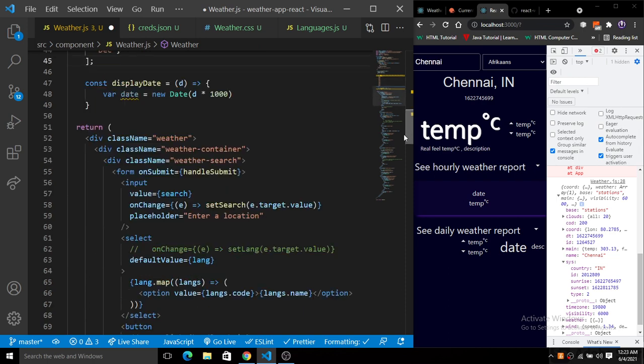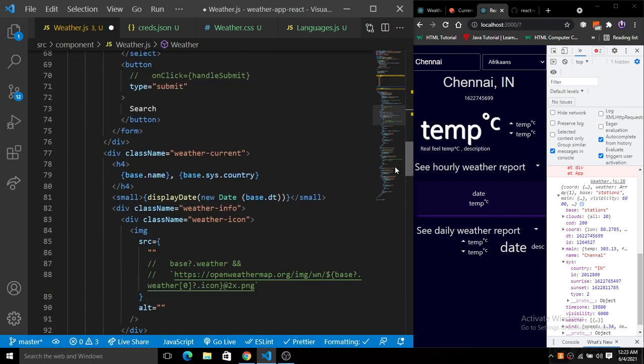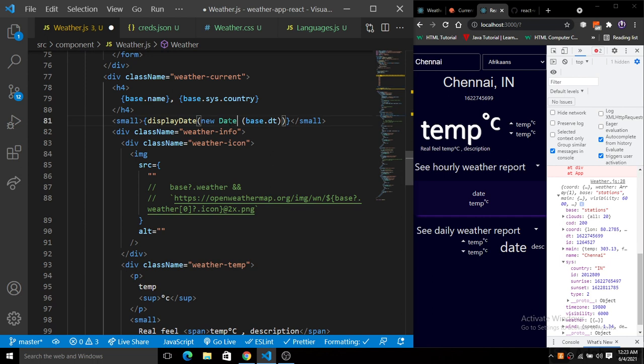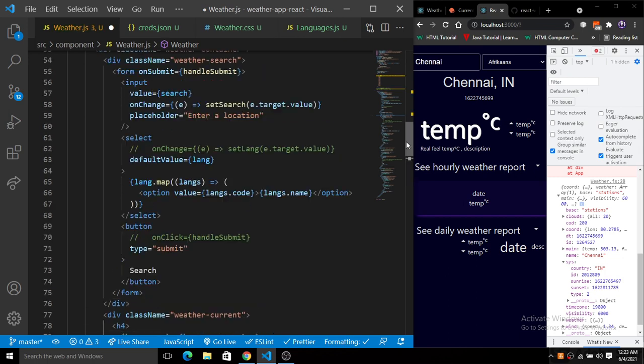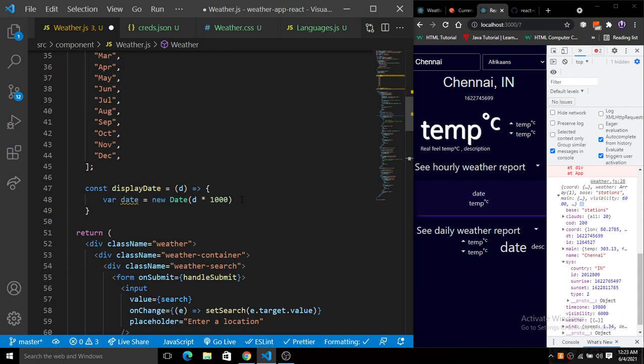We have already created a date object inside our function, so there is no need to create one there. We could also pass it multiplied by 1000 directly from here, but we will do it inside the function, which will be easier for us.